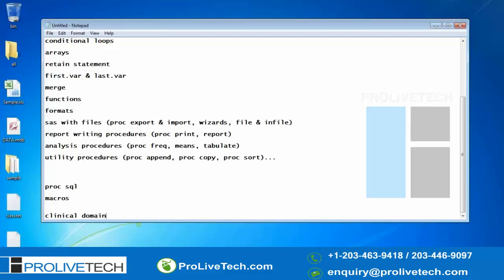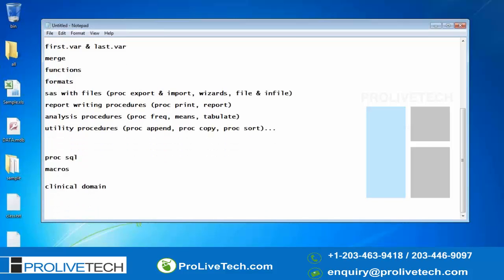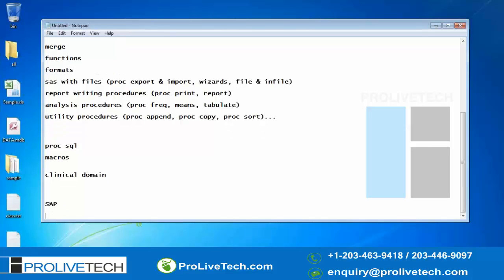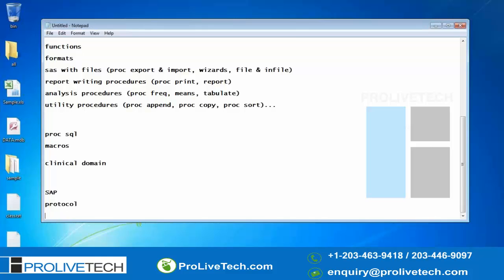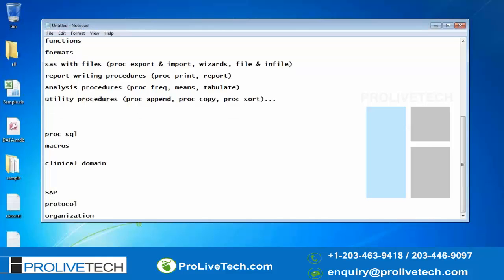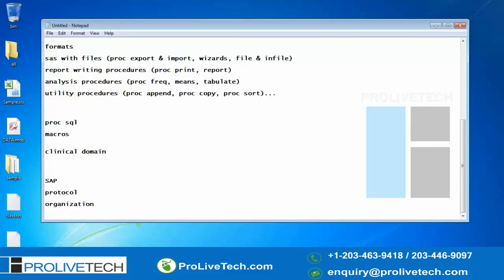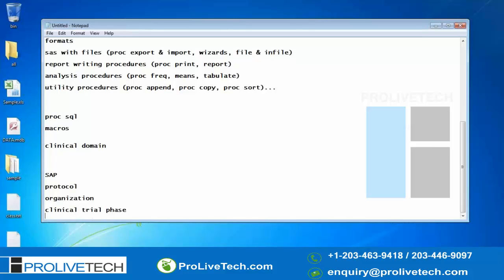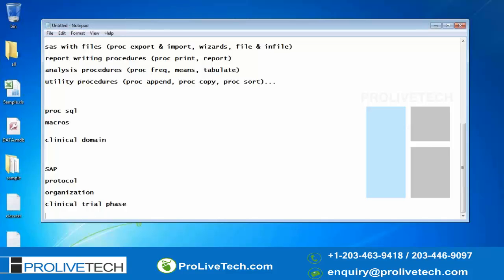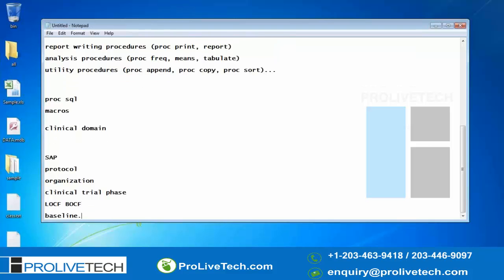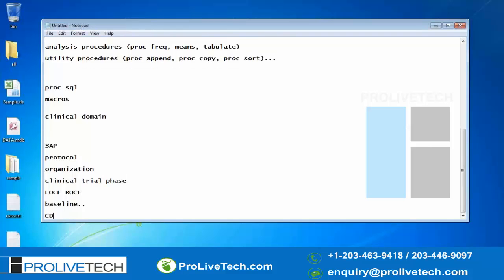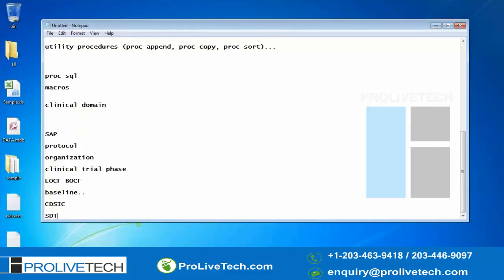This is general SAS clinical content, but when it comes to the advanced level of clinical training, there we have information regarding SAP, protocol, and different organizations that are involved in the drug development process and their roles and responsibilities, and clinical trial phases. Here we will think about different clinical study techniques like LOCF, BOCF, baseline information, and we will think about CDISC, where we will go with the STTM tables,